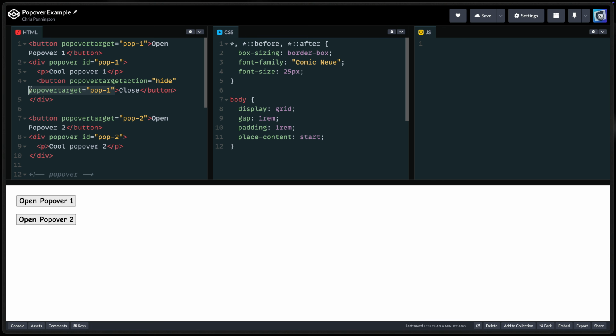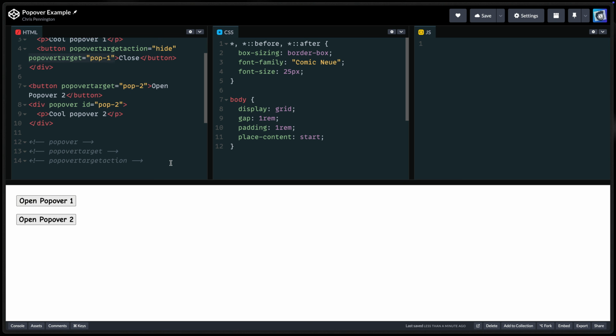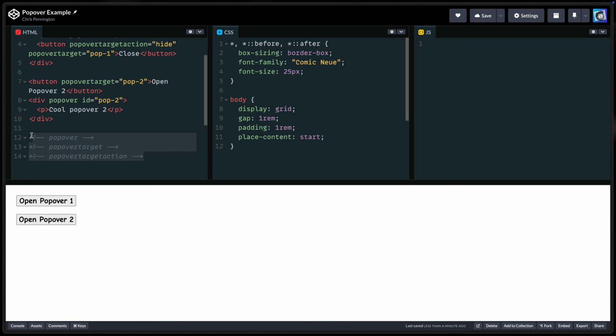This is where you're supposed to do it. So if I come over here and click, now in addition to the escape key and in addition to light dismissing it with clicking outside, I can also come and click here. And again, I've got no JavaScript running. This is all done by the browser. While there is more to these attributes, if you understand the basics of this, you can get up and running